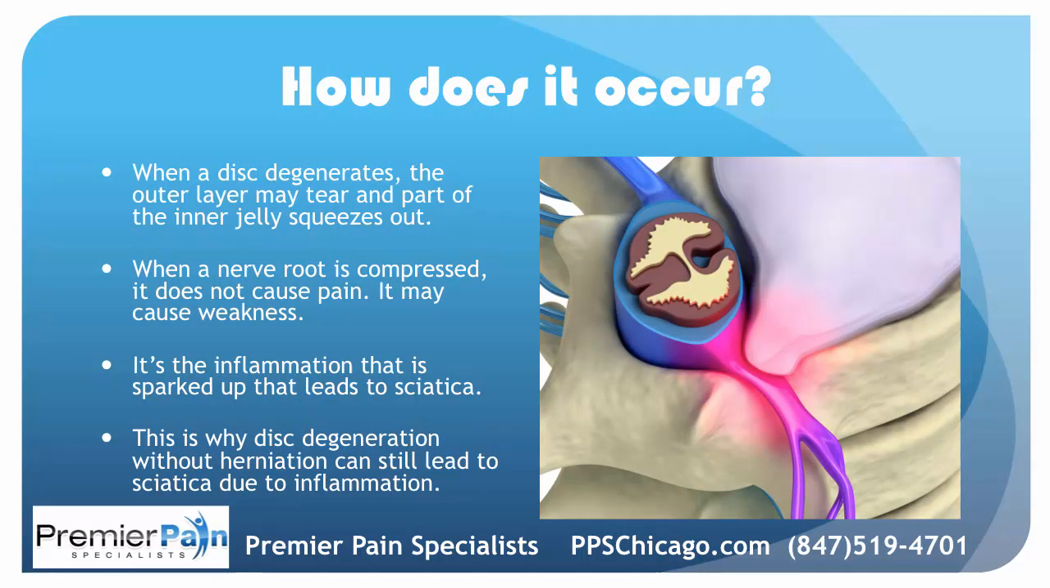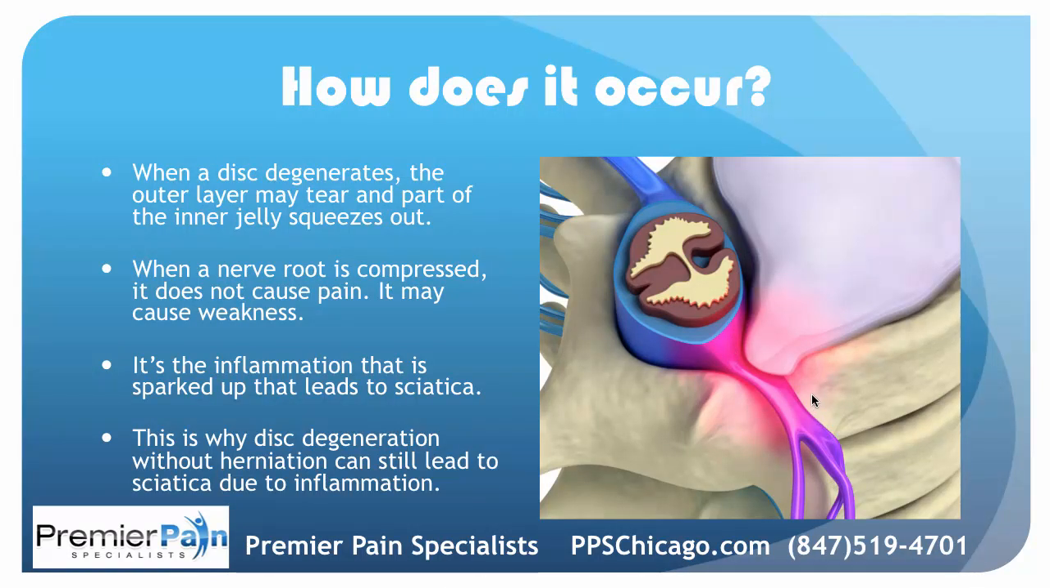Well, how does it occur? When a disc degenerates, the outer layer can tear and part of the inner jelly can squeeze out, okay? If this compresses a nerve root, that in and of itself does not cause pain, okay? It may cause weakness, but not pain. It's the inflammation, see this red, that gets sparked up that leads to the sciatic pain that goes down the